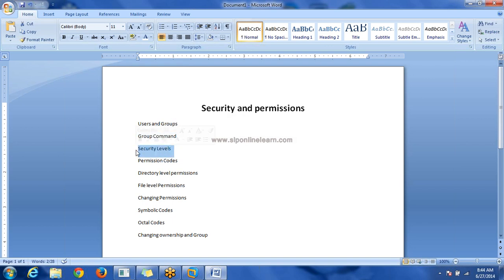What do you mean by security levels? We know that the Unix operating system is highly secured and it is a networking operating system. Here we are using one terminology, networking. Networking means more than one connected. If more than one connected, more than one user might be present. If more than one user is accessing the same system,